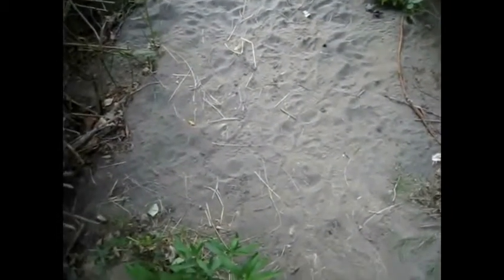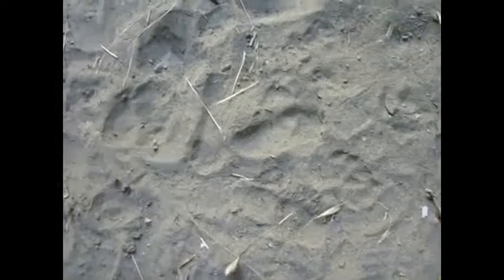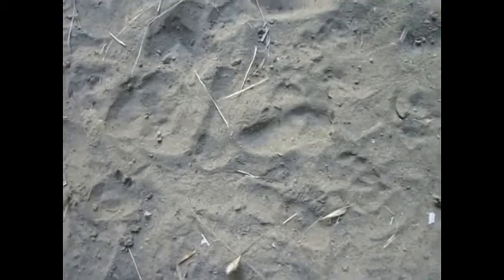There sure are a lot of tracks right here. Some of them are quite small. Let's get a little closer and investigate who's been here. Up a little closer, we see that these tracks don't show very much detail in the toes, but you can